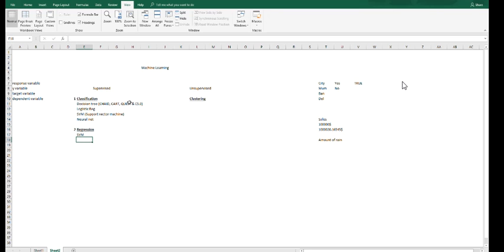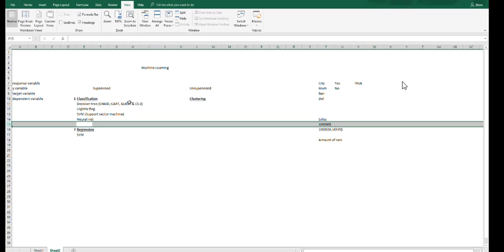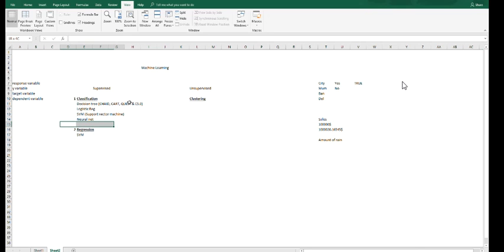And then we have SVM here, which is support vector machine, as I had explained. I think there's one more. Let me just add another row here, and shift this cell down. We have naive Bayes